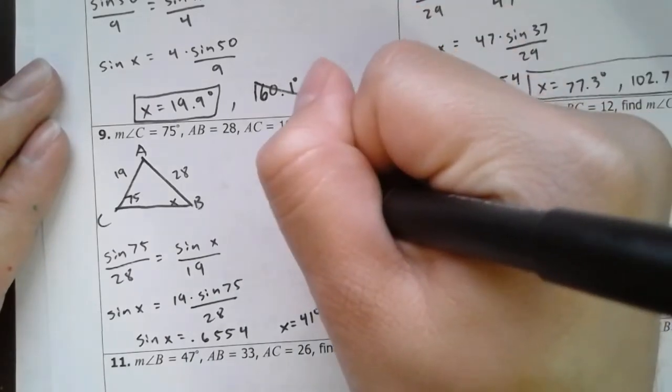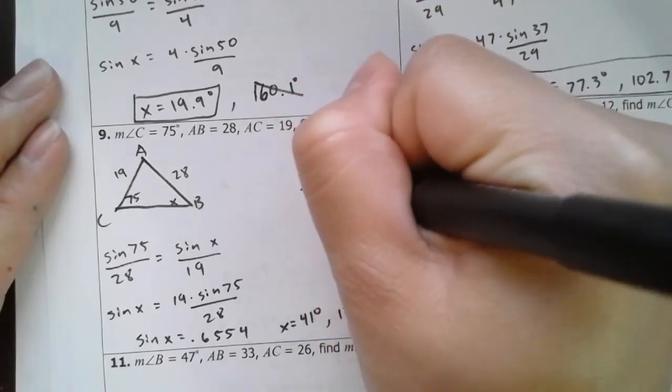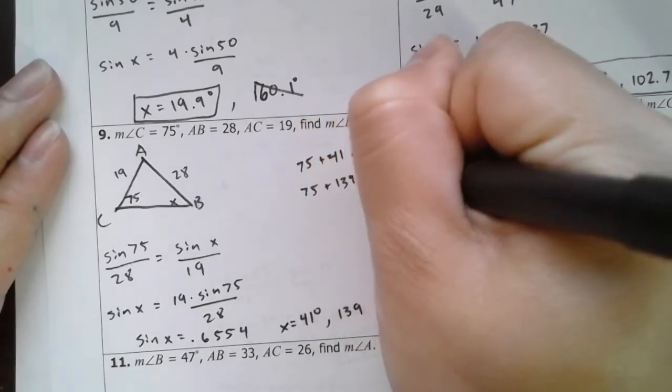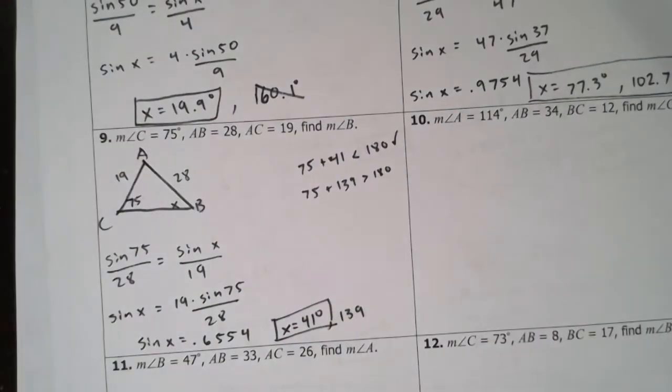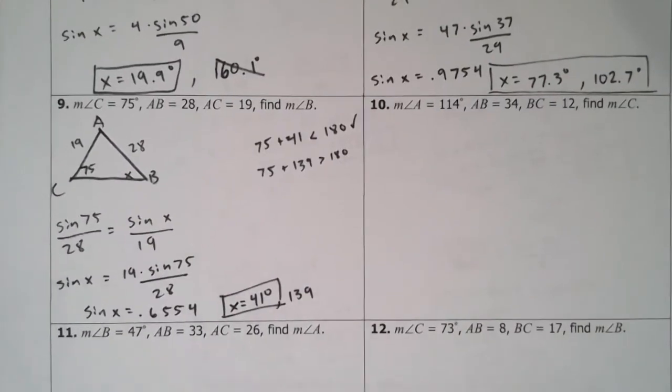If you do 75 plus 139, though, that's greater than 180. So only one works. That would be this one here, 41 degrees, excuse me. So next one,